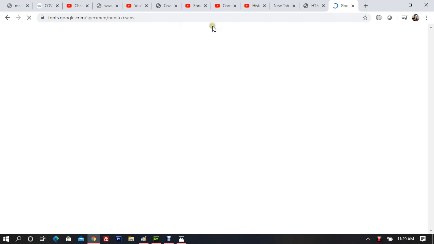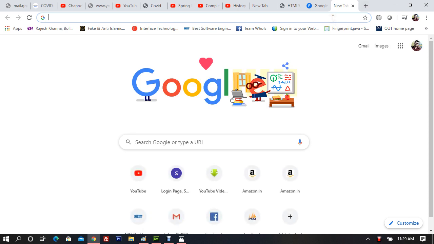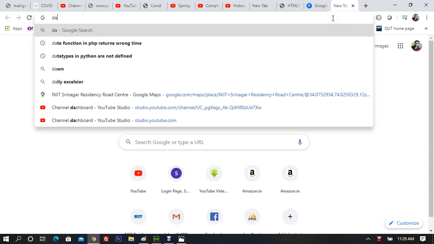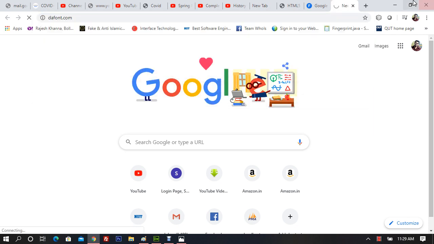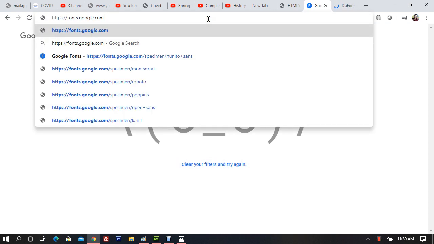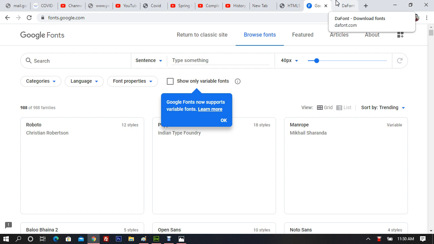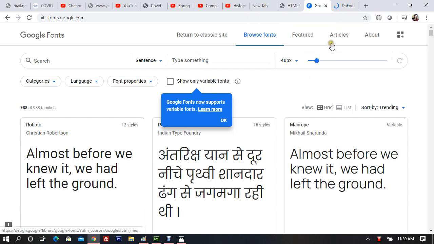Yeah, so the moment it opens, or I can download a font here. So I can go to dafont.com, another site here. Right, okay, I don't want any filters. fonts.google.com directly. Okay, and yeah, we have this font here, show available and variable fonts, and any font that you want to